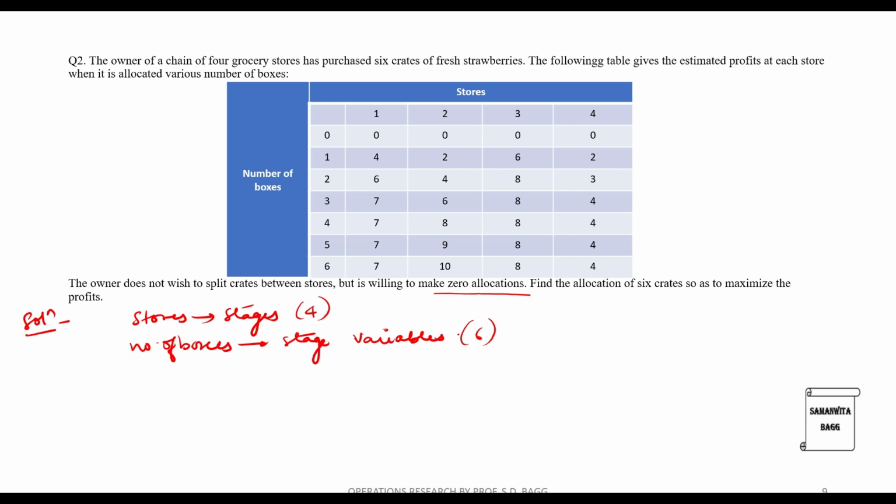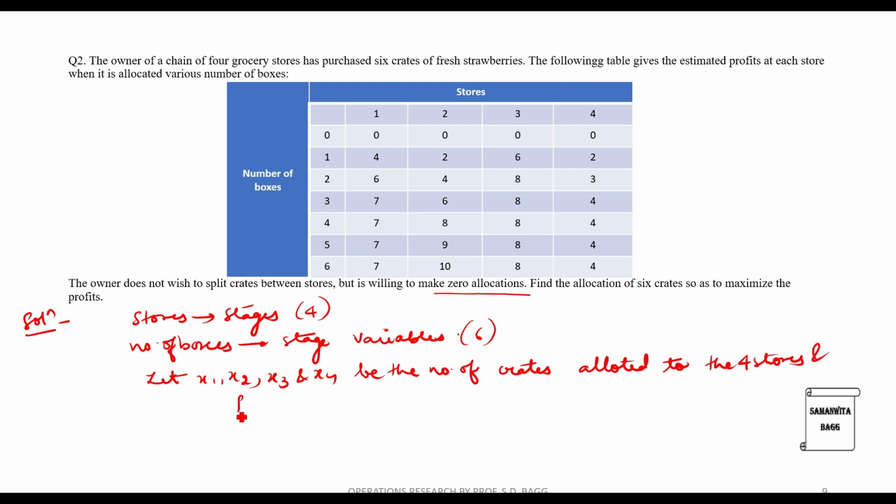So I will write down: let x1, x2, x3 and x4 be the number of crates allotted to the 4 stores,